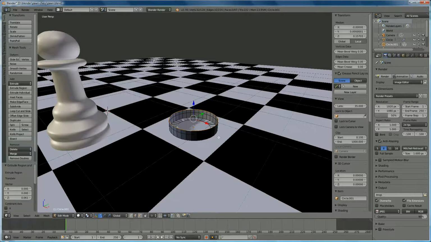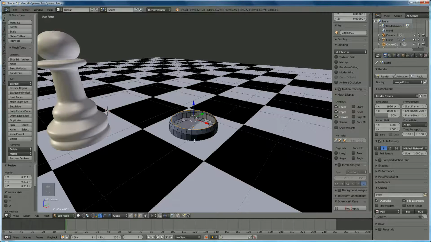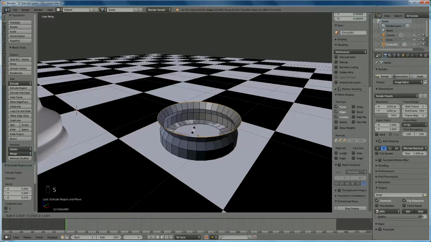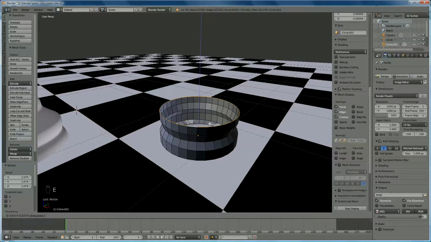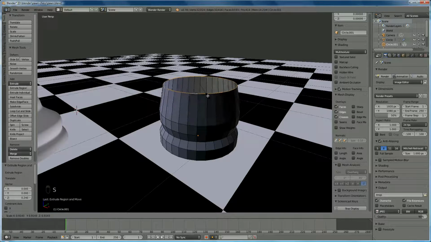Sorry, forgotten the screencast keys, so I'll put them on like that. Okay, E again, Z half of it like that, S to bring it to the outside, approximately the same as underneath. Now E, Z again to bring it up like that, extrude again in Z direction, something like this, but we shrink it by pressing S